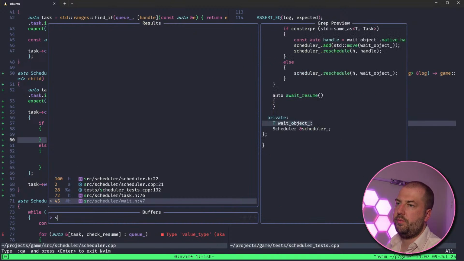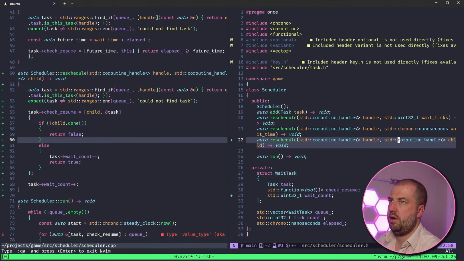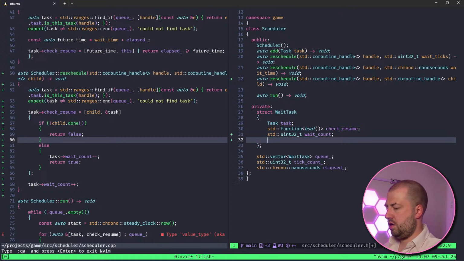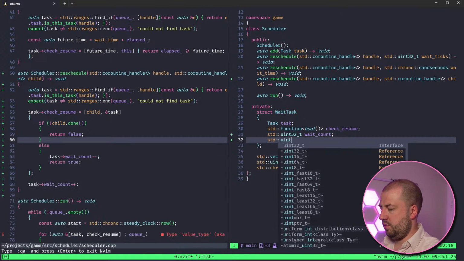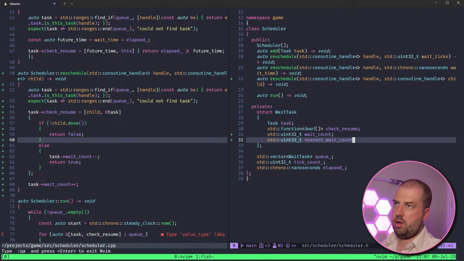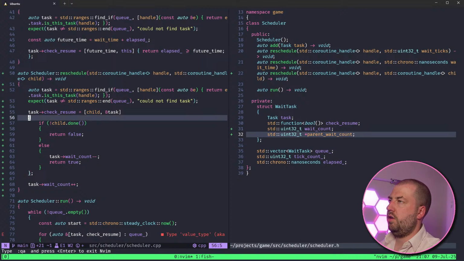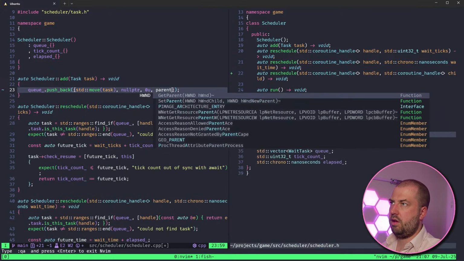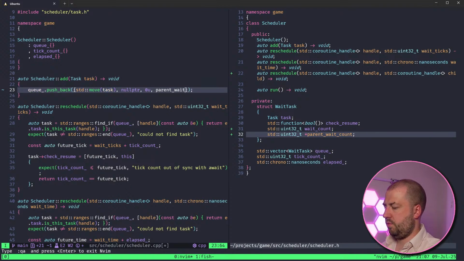So this needs a uint32_t parent wait count. Okay. So when we schedule a task, it has zero for parent wait count. Sorry, what am I doing? Null pointer.